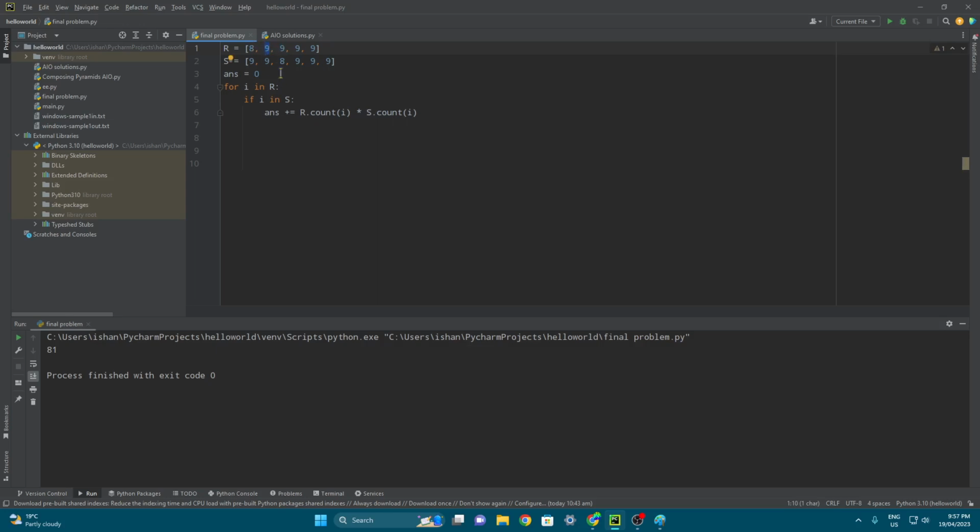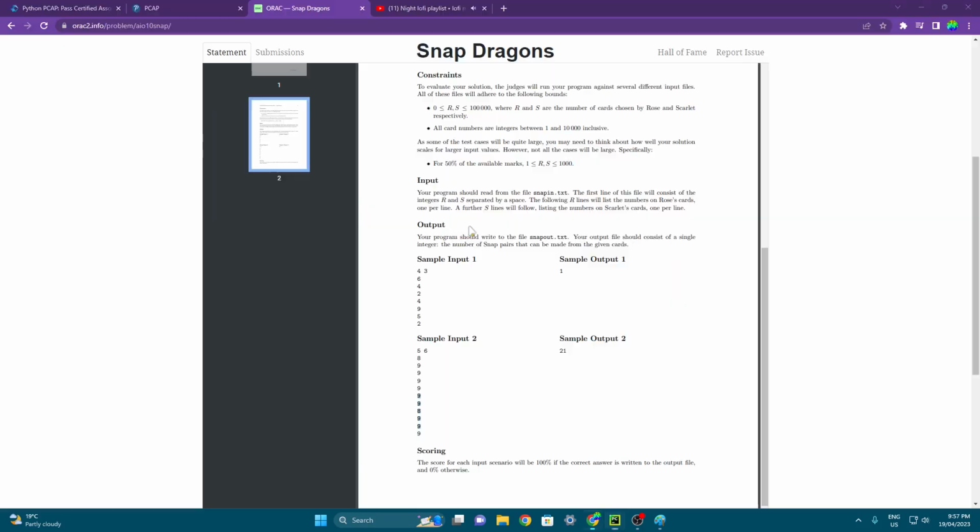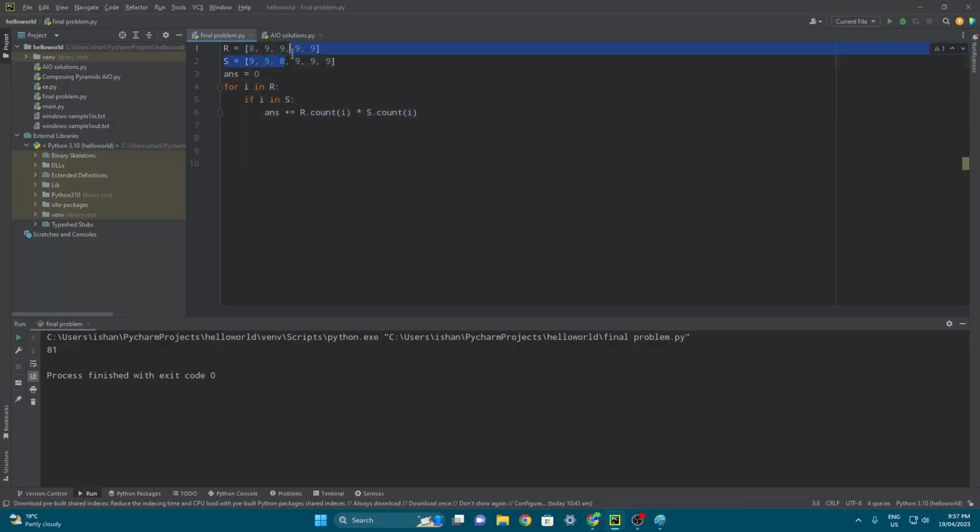So we want to take all of the unique numbers and iterate through all of the unique numbers, see if they're in both lists, and then output our answer. The reason we could use this technique for this one is because there was only one unique number that appeared in both lists. Here we have two 9s. So why don't we change this to